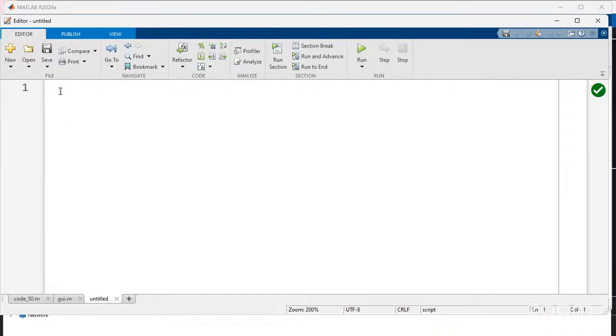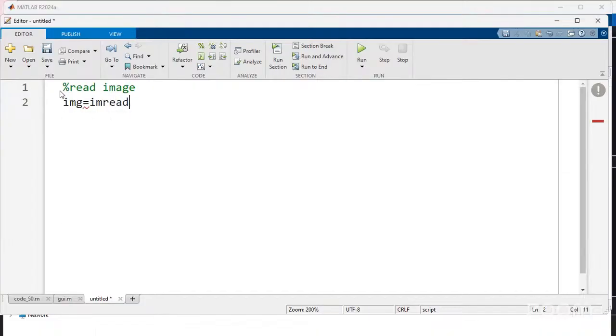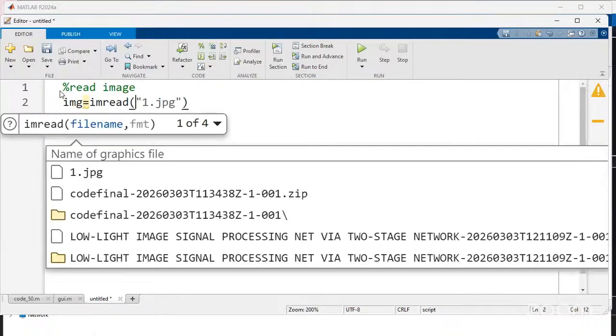First, I want to read the images. If you are using Python, we add comments in the command window like this. But in MATLAB, if you want to add a comment, you need to add the percentage symbol. I add the heading, read the image. I create the variable name img equal to imread. This is a keyword, imread. Okay? img equal to imread. Which image do you want to read? The image name is this only. It will automatically refer to it because I saved it in my code location only. That's why it automatically refers.